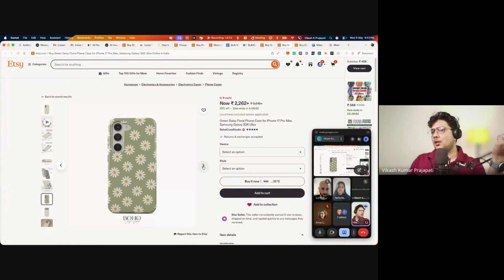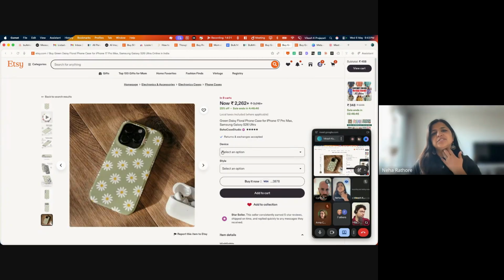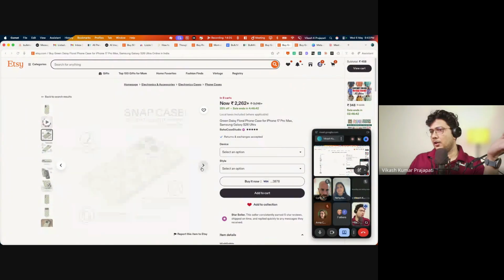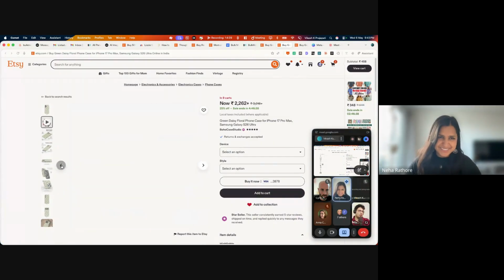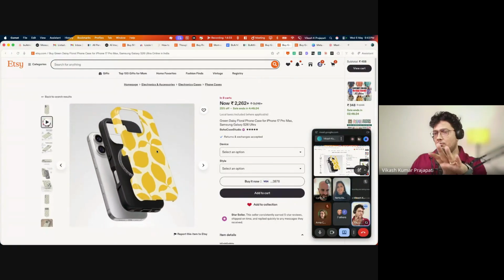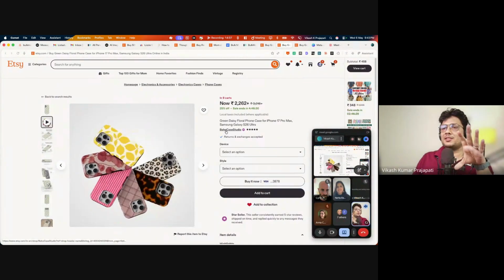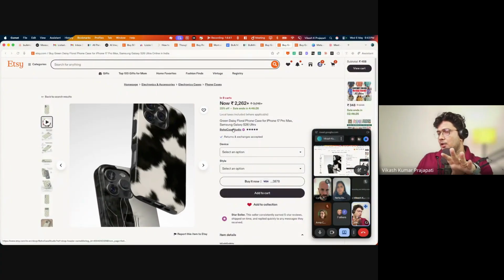Amazon sellers spend a lot of money optimizing their listing images. It's also a white background, so that is true. They might be using this for Amazon also. Oh wow, their video. I mean, they've invested a lot of money into this. It does look like a custom-made video. And if you are starting a phone case business and you're competing with these people, you have to